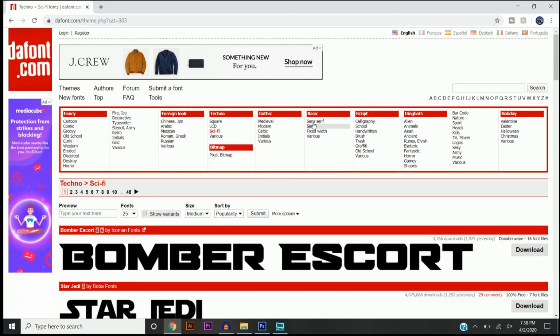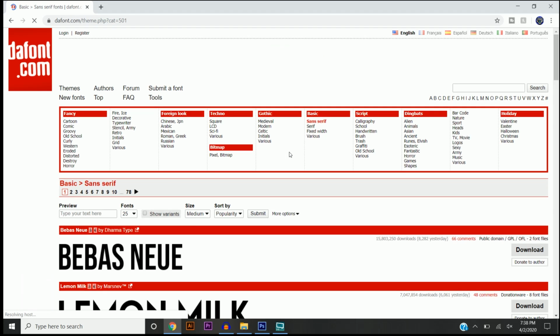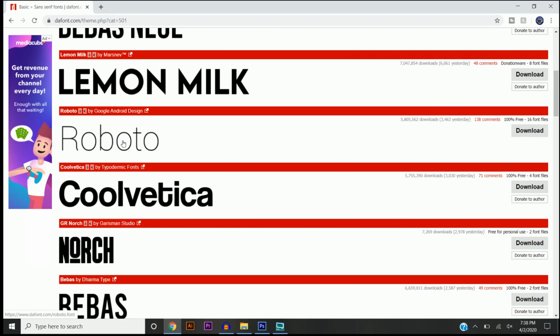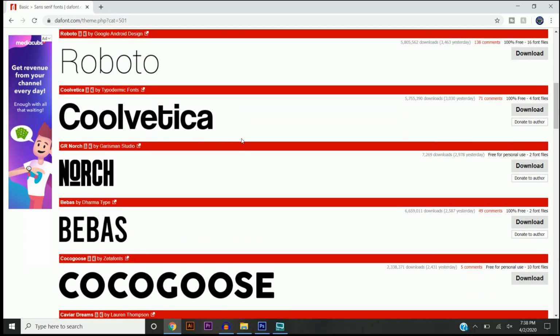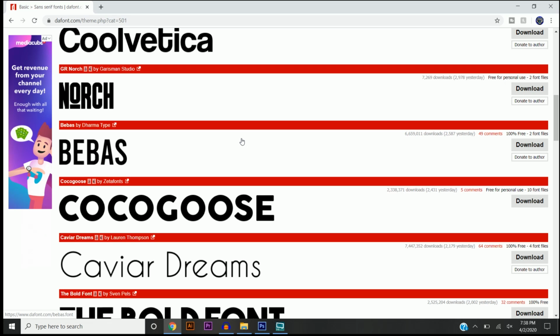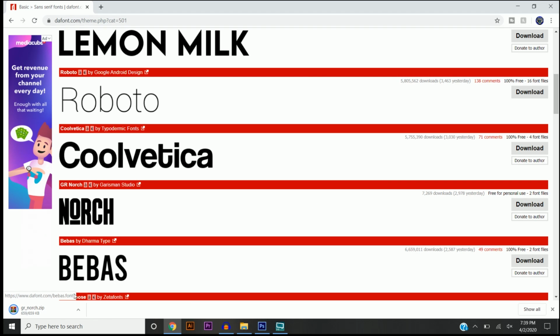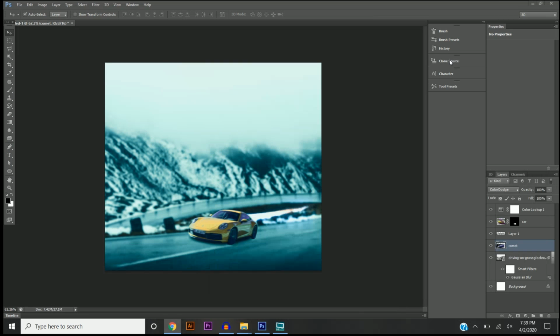You could go to sans serif right here, and we got Bebas Neue. This is a very good font, highly recommend it. But if you want something a little more thin, it's really up to you. There are a ton of different choices. Once you find something that you do like, you can click download right here, and it'll start downloading a zip folder. So I'm going to show in folder,